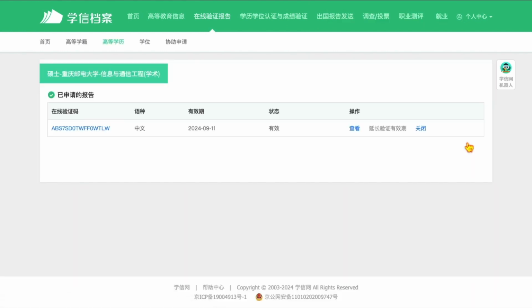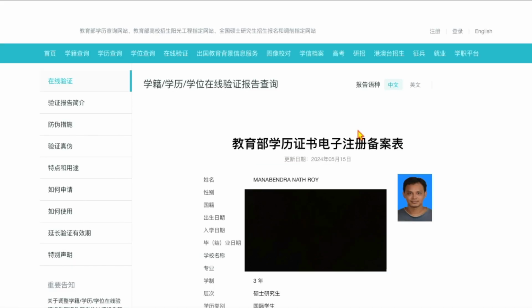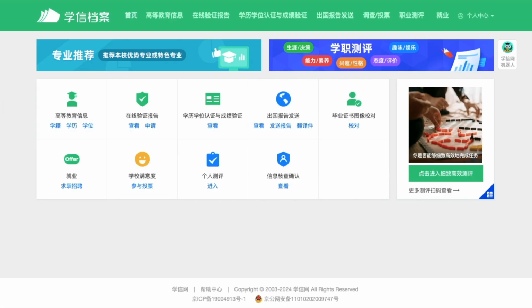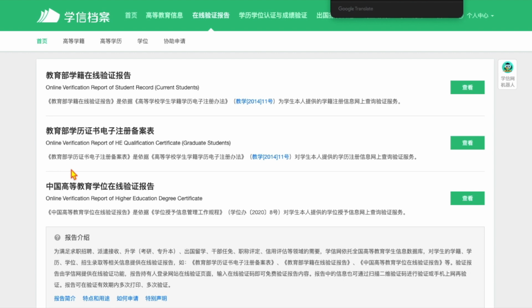You will see your certificate displayed in Chinese. You can view your certificate by clicking here. If you want a translated copy of the certificate in English, follow these steps. Click here, click here,